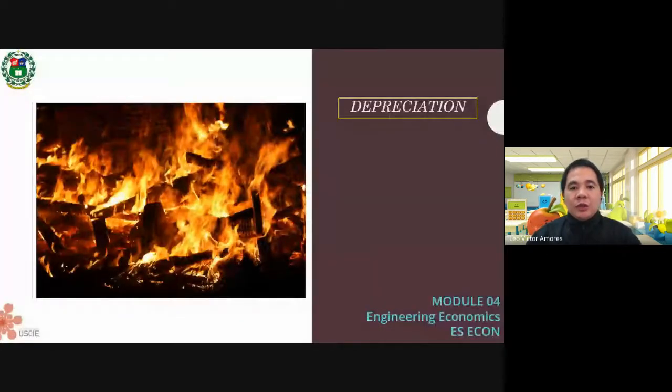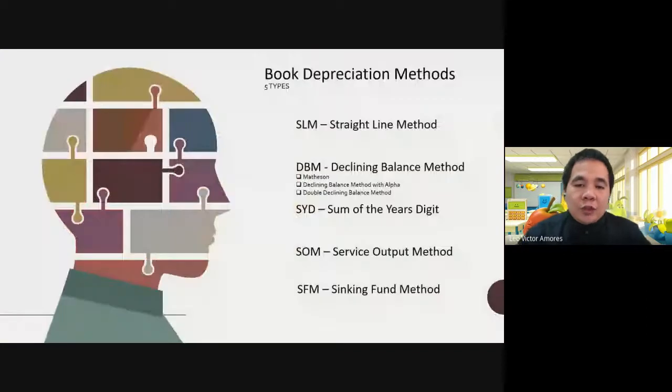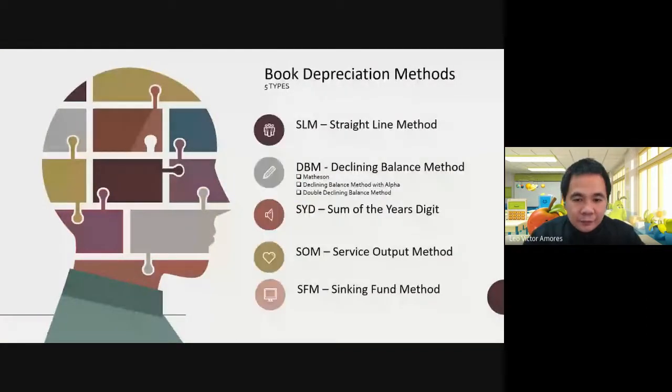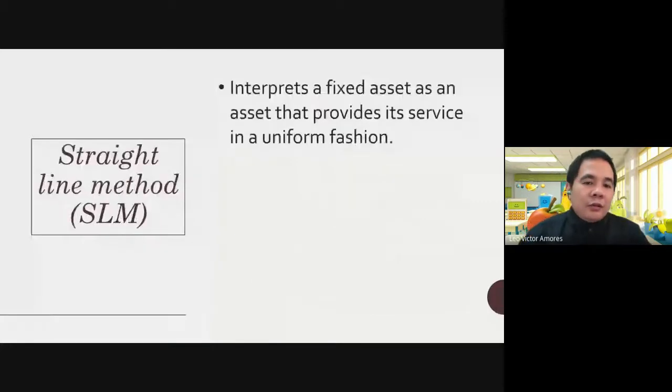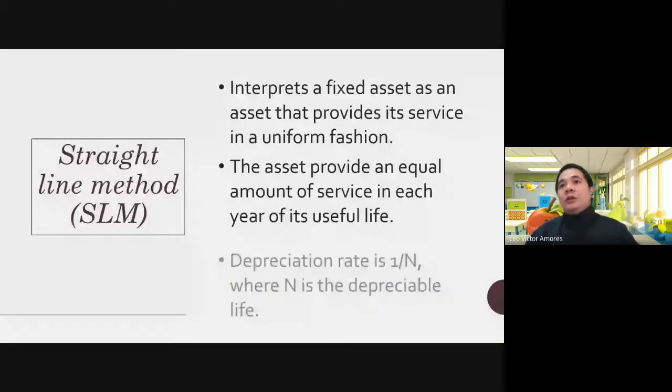So to start off with our discussion, we will be having the first 5 depreciation methods. So number 1, straight line method. So what is basically straight line method? So on the assumption,